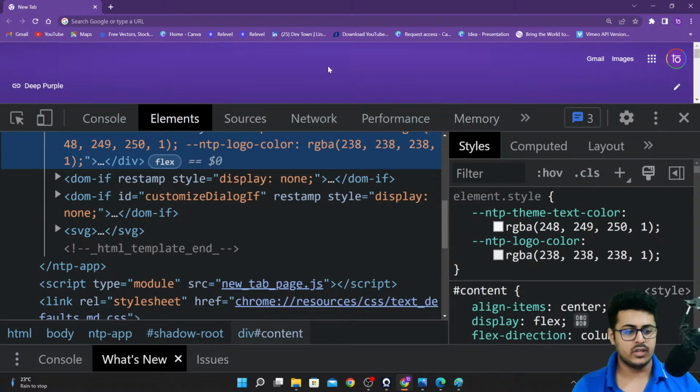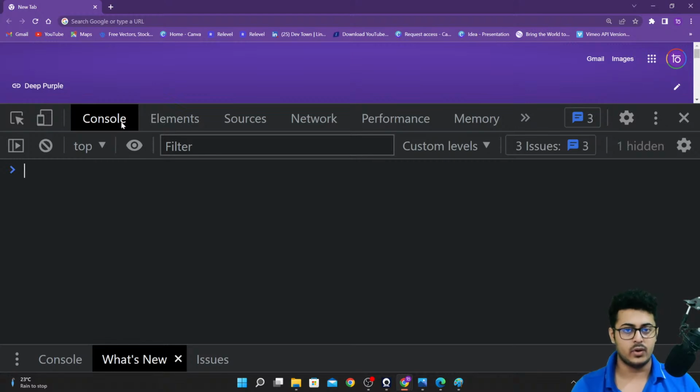Okay, so right over here, as you're able to see, there is console, elements, sources, network, performance, memory, and so on and so forth. I want you guys to click on console. Okay, I want you guys to click on console right over here. Once I've clicked on console, it will open up a panel down below for you guys where you can write